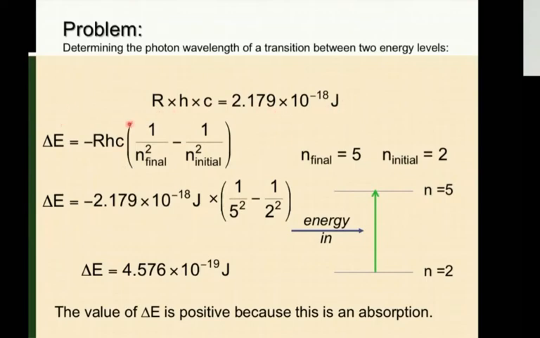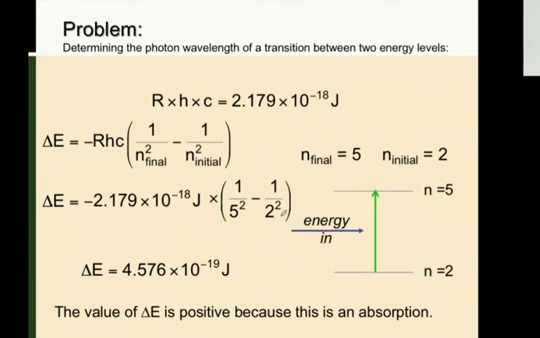We then can use this in our equation, this nice little equation that we determined. And then delta E is equal to minus this product of our constants times 1 over 5 squared, which is our final in this case, minus 1 over 2 squared,